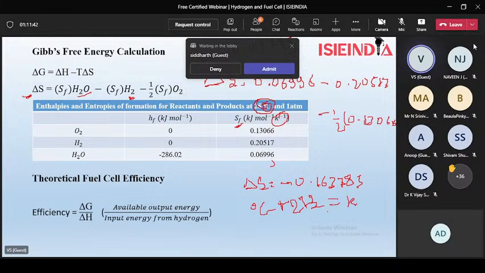So 25 plus 273 gives us Kelvin. So the T here is 298 Kelvin, and the T del S will be